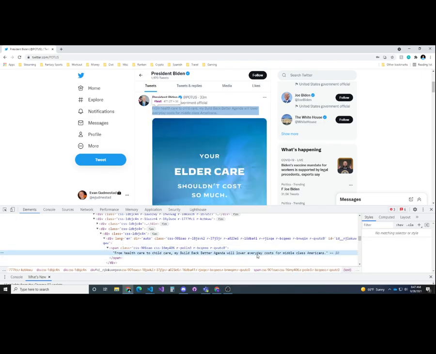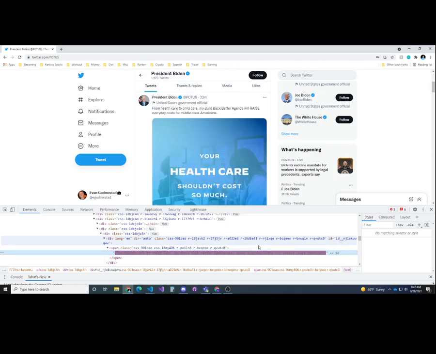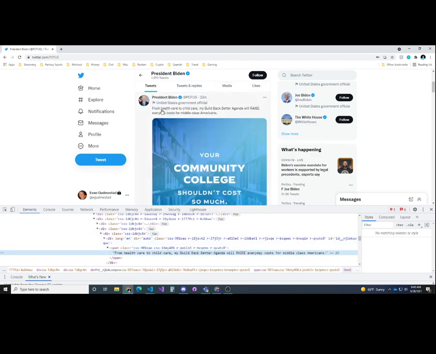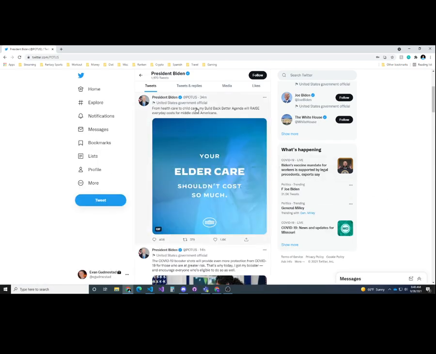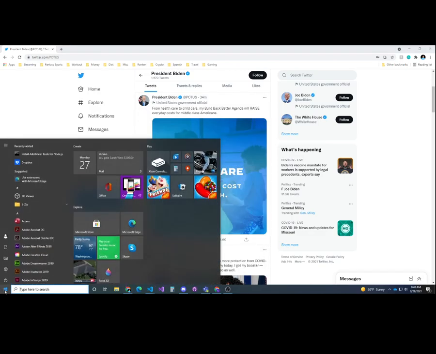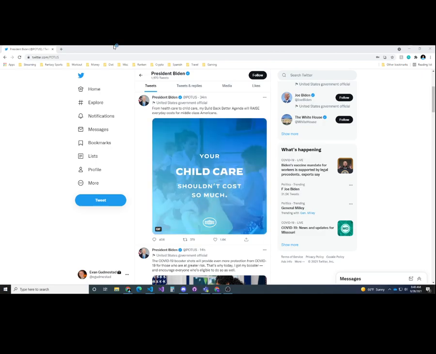I'm going to change the word "lower" to "raise" everyday costs, right? So Joe Biden just now tweeted, "From healthcare to childcare, my Build Back Better will raise everyday costs for middle-class Americans." So he accidentally screwed up that one keyword, and I'll go to my snipping tool